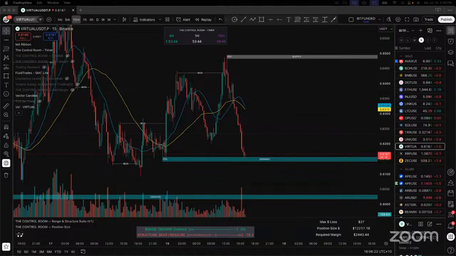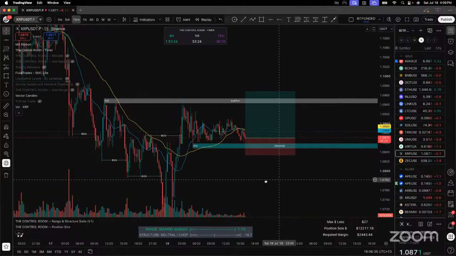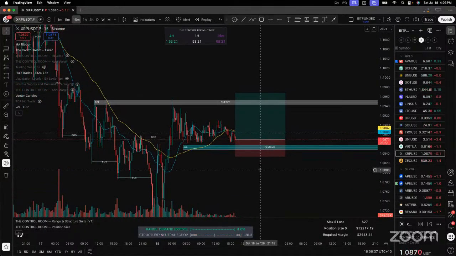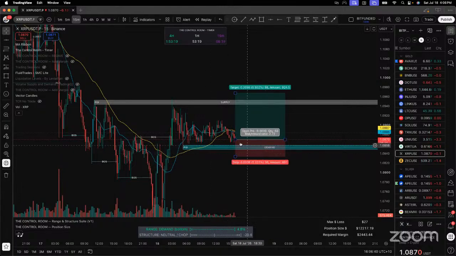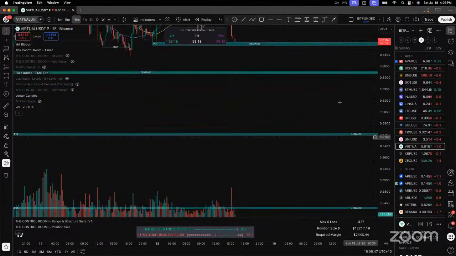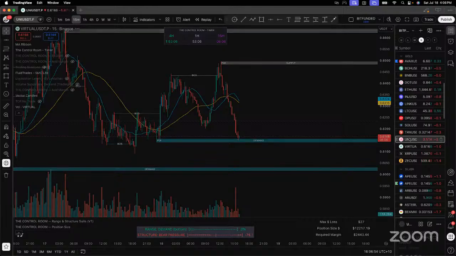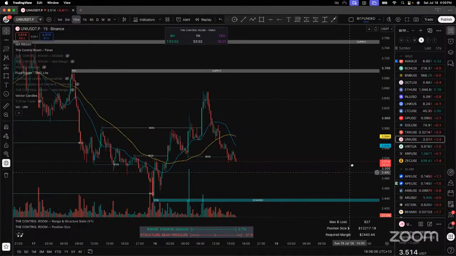Well, XRP came back, got some liquidity. Still trying to push up. Is it ready? Did it just, no, not yet. It's not ready yet, but it's getting there. I want to see the lows swept. I want to see it come down here, sweep the lows. Yeah, it's not quite there yet. Same with that one, not ready yet. Maybe another hour and it will be ready.